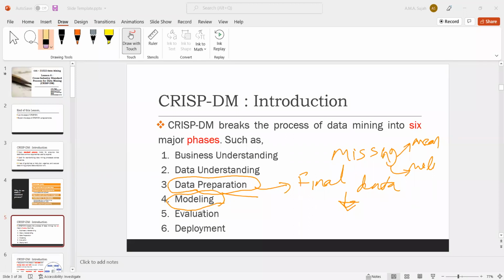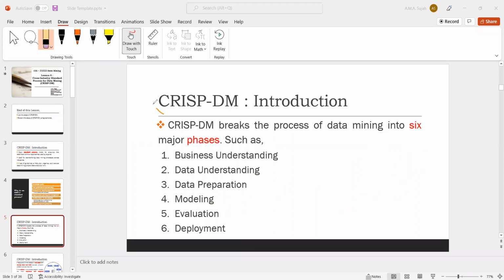After developing the model, we need to evaluate what accuracy we get, what the prediction results are, and what the difference is between the actual results and the predicted results. We can use a confusion matrix. Those are the things we do in evaluation. After the evaluation, deployment means we implement the solution in the real world. For whatever purpose we do the project, we can apply it in the real world. Okay, these are the 6 steps we need to follow in the Cross-Industry Standard Process for Data Mining.